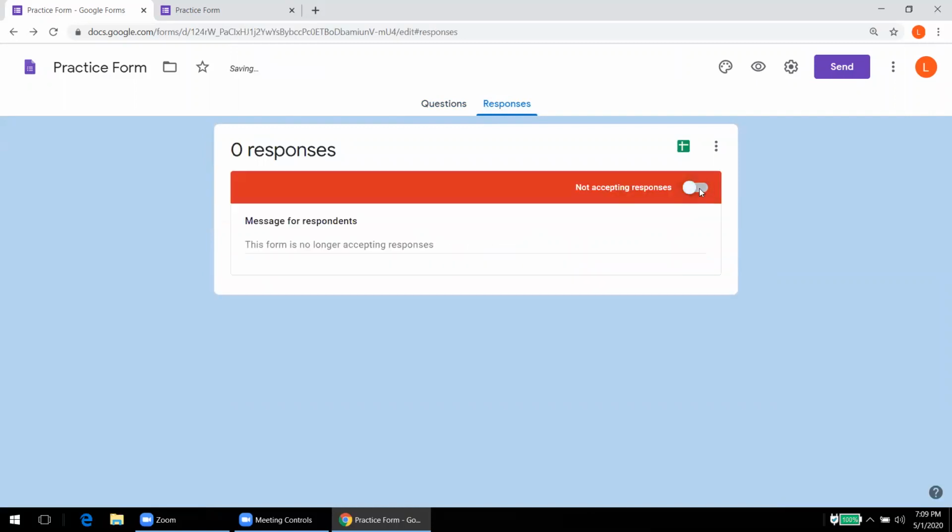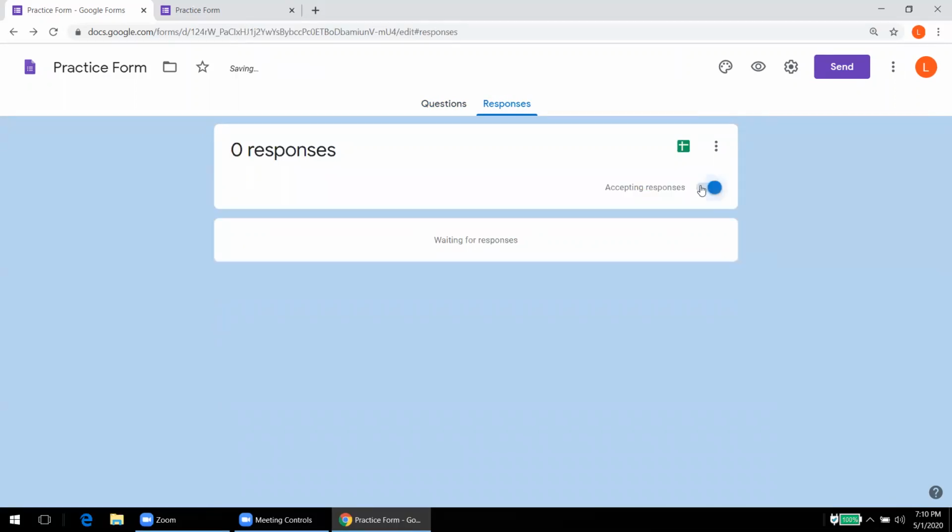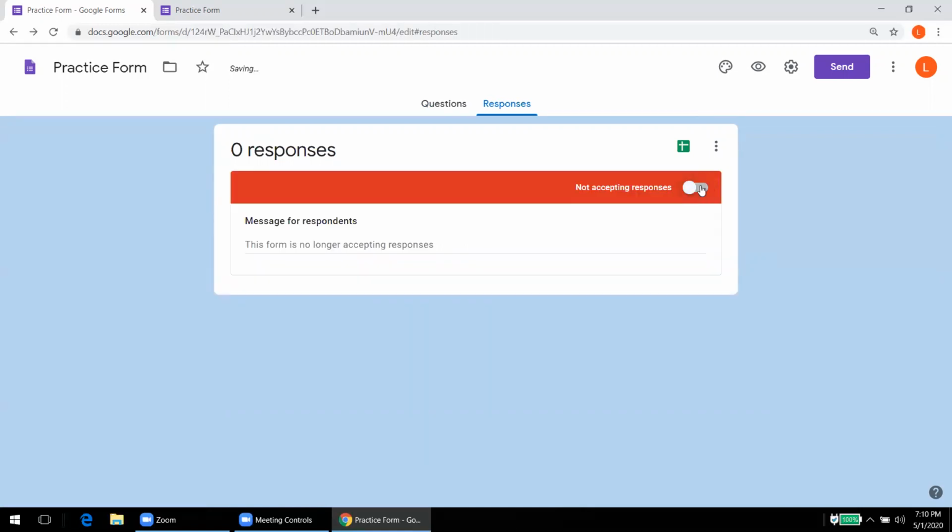So if I keep it off, it means the students will not be able to give their responses. So whenever they open the link of this Google Form to respond, they will get a prompt that this Google Form is closed. And when I turn it on, this form will be accepting responses. So this can be useful in online assessment. That is, if we want to start a test, a faculty can keep it on, and after 2 hours the test time is over, so we can keep it off. So even if the student submits, this form will not accept the responses.